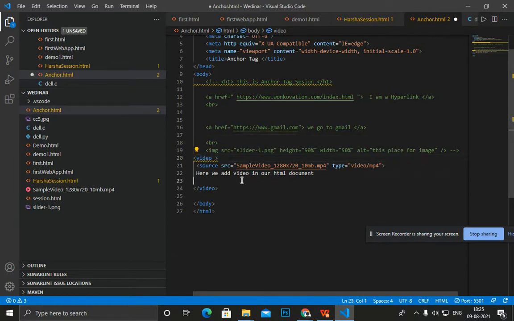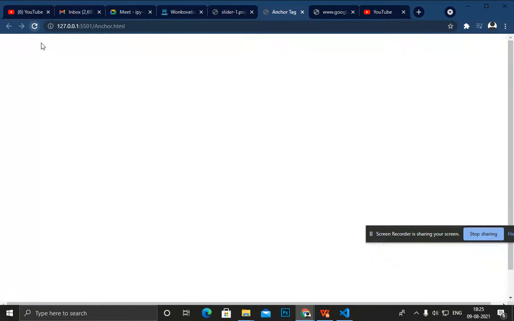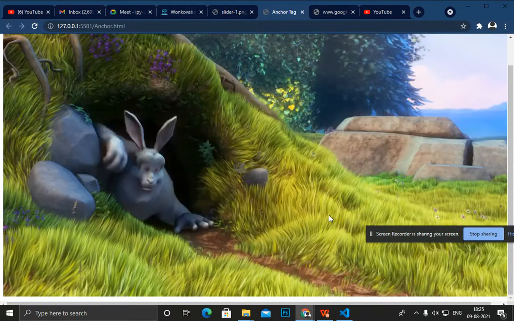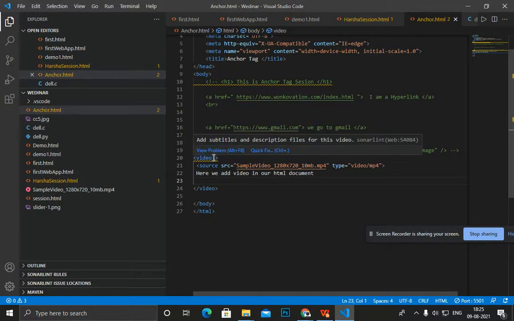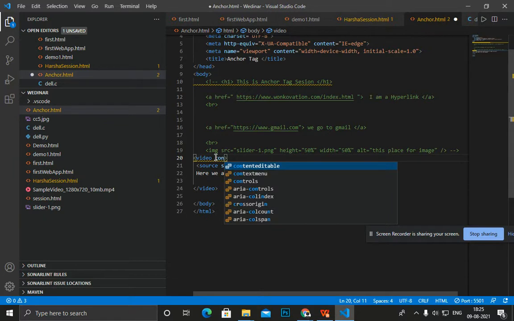I just remove controls and save it, and you can see that this video does not play because we deleted the controls. There is no other controller in the display, so controls are an important thing if you use video.